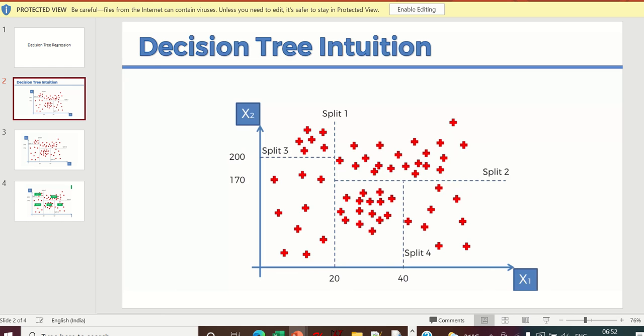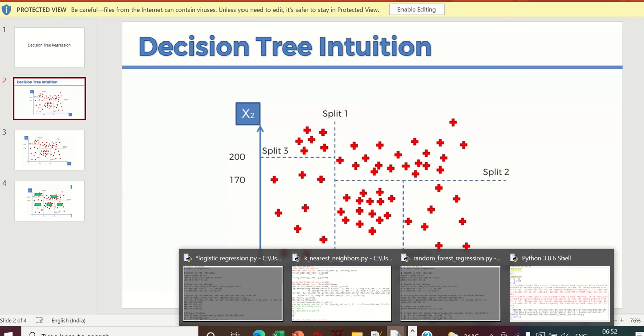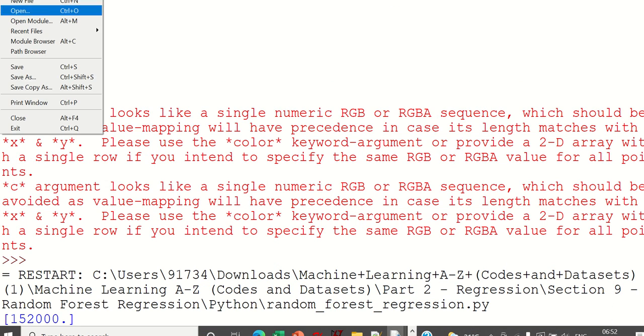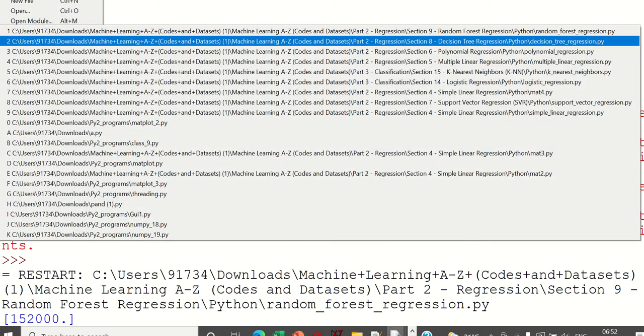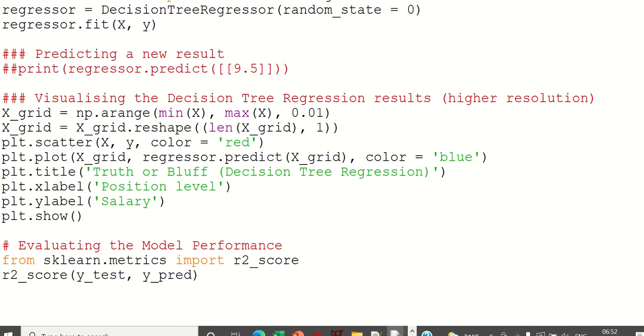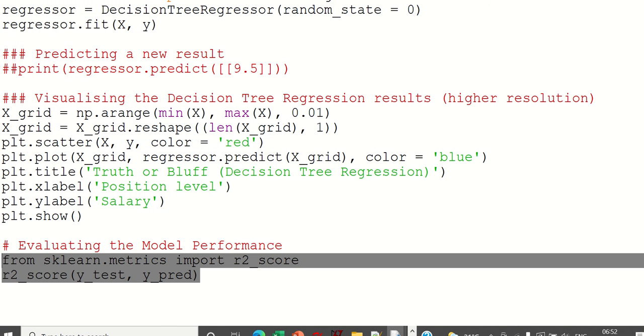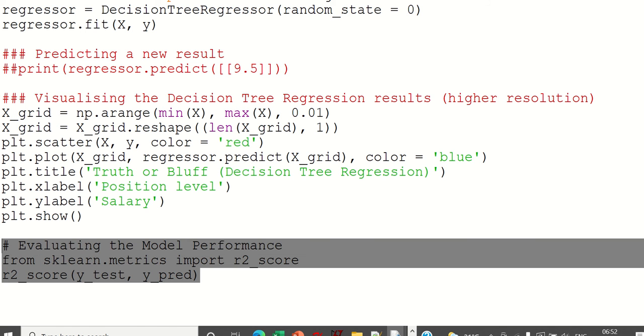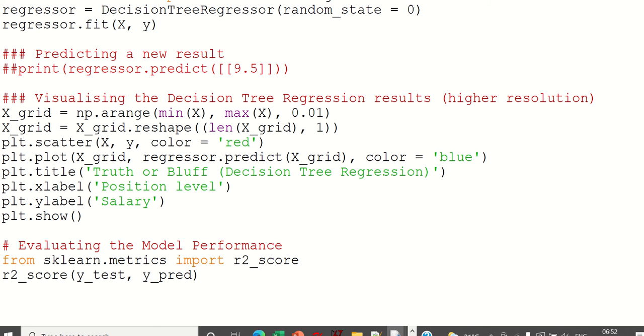Now there is a formula to find the efficiency of the algorithm. What is that formula? We'll see. The formula is simple, called the R2 score. This will help you understand the efficiency with which the algorithm is doing the prediction. It will take the predicted value and the actual value, and it will tell the R2 score. Okay, if I print,